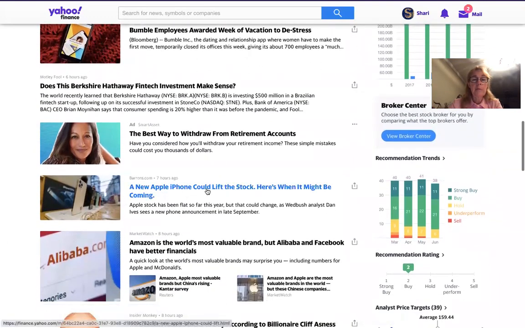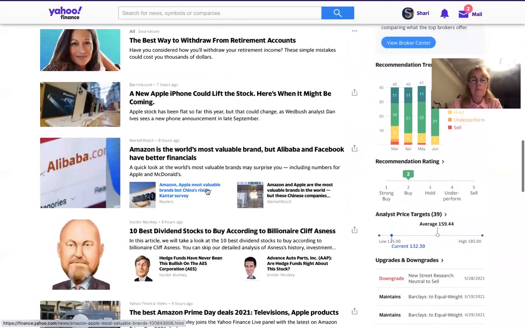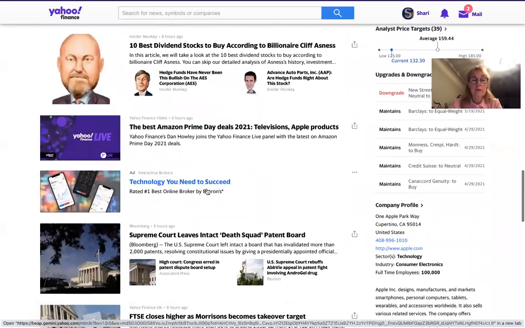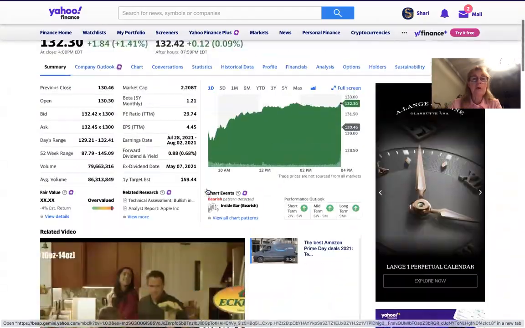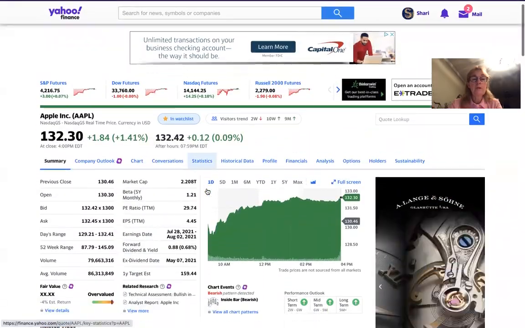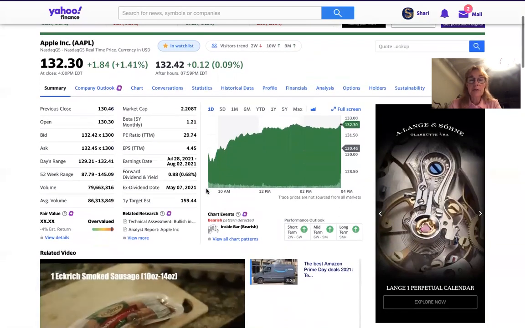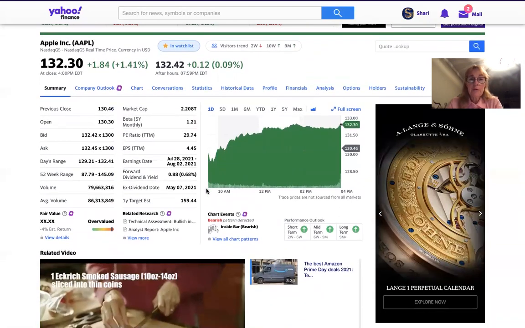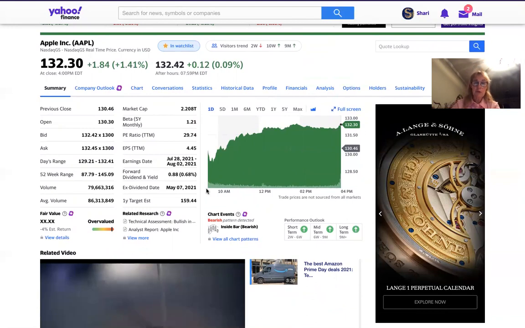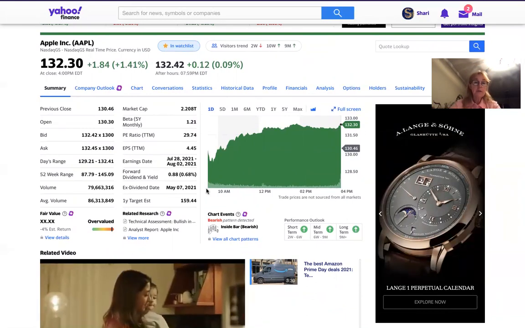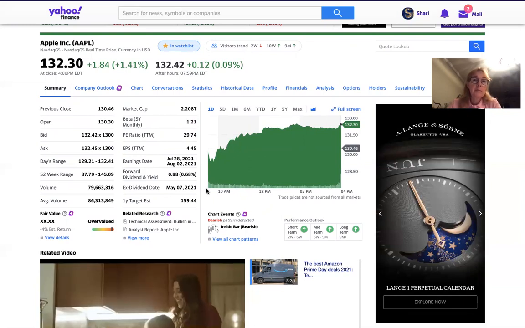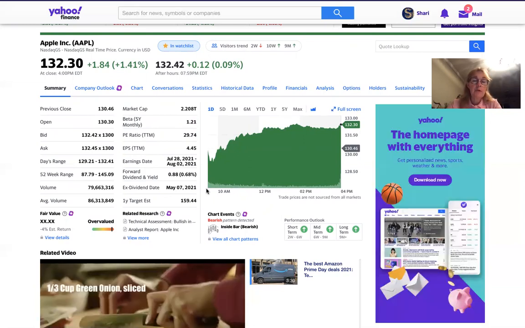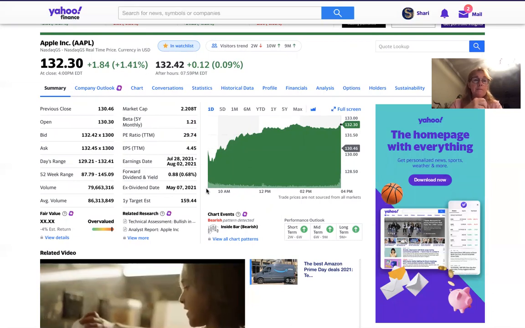There's some news about Apple, and this is news where they mention Apple. There seem to be more ads than news these days, but anyway, you can take a look at that. And I also mentioned in the other video, there are other sources, of course, that you can use to look up companies. Seeking Alpha is a good source. There's also MSN Money, CNN Money, CNBC, to name a few. And okay, so anyway,